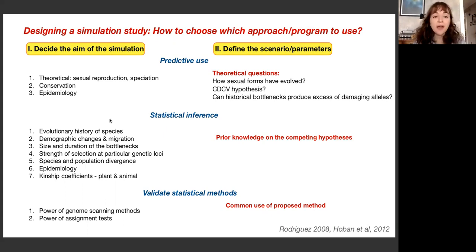Okay. The predictive use is like, when our aim is to use the simulation for a predictive purpose, then it covers the theoretical studies. For example, if you want to study the sexual reproduction dynamics, or if you would like to study the speciation,